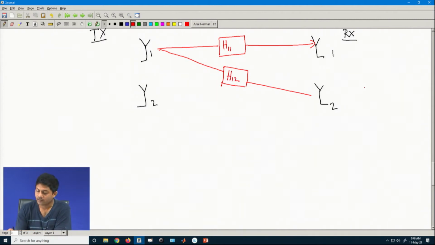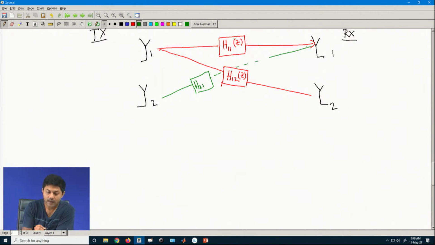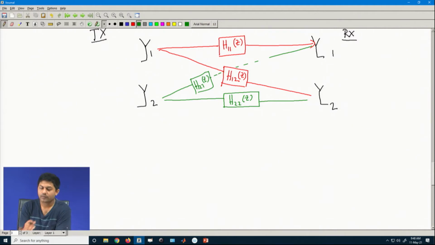Now, this H11 is all Z transformation, I can say, because it may have multiple taps, just the way we express a filter, right. And this probably H21, this is the channel, and finally, this will be another channel. Z is there, not to worry about that. So, each and every one, I can say H_ij(z), it will have